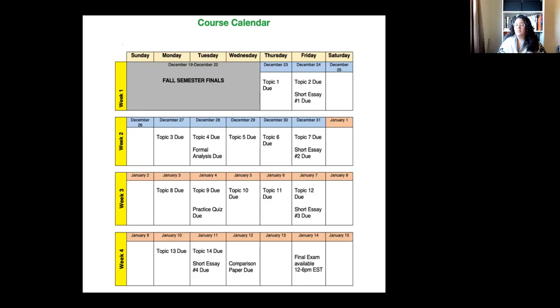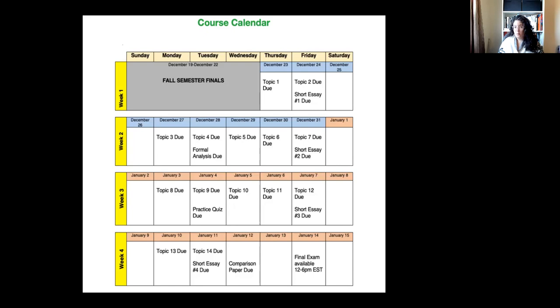There are very specific directions already listed on Canvas, so you can go ahead and get started on that, reading that, working your way through it. The week after, again, we have topic 8 through topic 12. You'll have an essay at the end of the week that includes all of it. And then that practice Respondus lockdown quiz, it's 2 questions. You don't have to study for it, but you do have to do it by January 4th so that we know that everyone has a functional working system with the proper webcam and the proper microphone to get your final exam